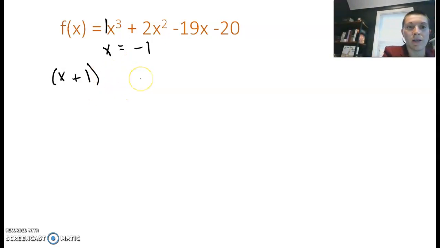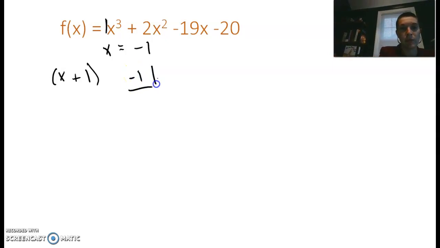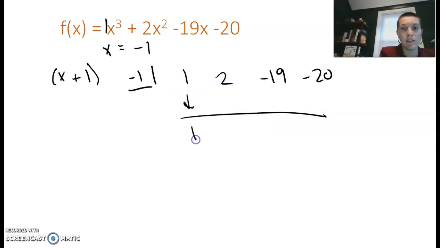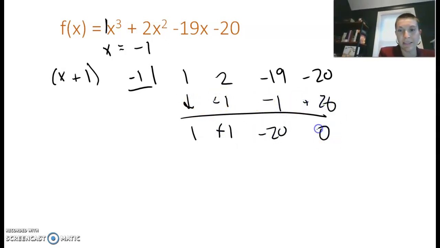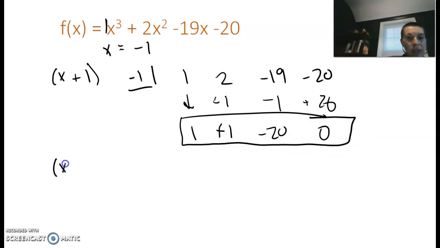So once again, I guess I shouldn't have deleted that, should I? So luckily, I still have it written down what our answers were. So we had negative 1. We pulled down our 1 to negative 19, negative 20. We had 1, negative 1, negative 1. Oops. Positive 1, negative 20, positive 20, and 0. So remember that these become the coefficients for our new factor. So we're going to have x plus 1 times 1x squared